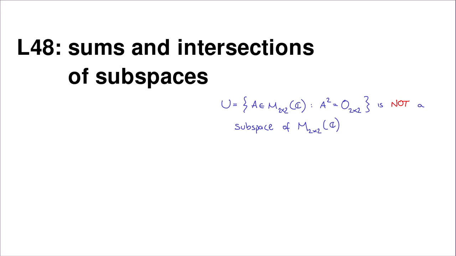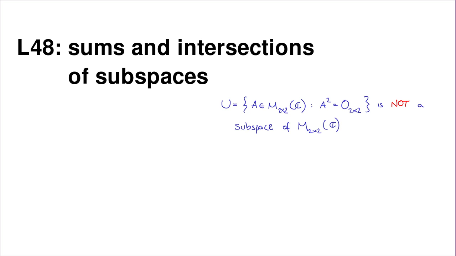In this video we're going to talk about sums and intersections of subspaces. But before I do that, I set you a problem at the end of our last video, which was about a certain subset of the space of all 2x2 matrices with complex entries. That subset was called U, and it was the subset of all 2x2 complex matrices whose square was equal